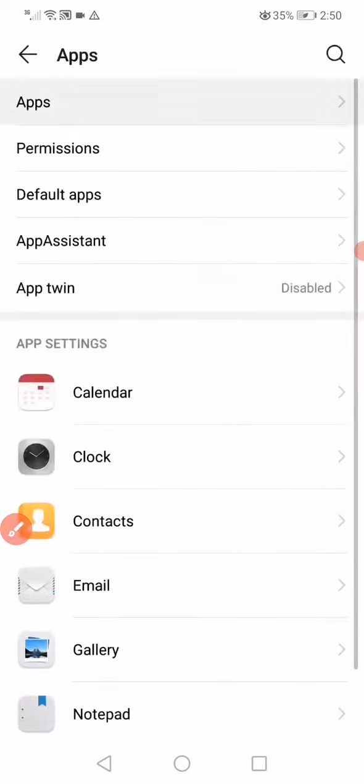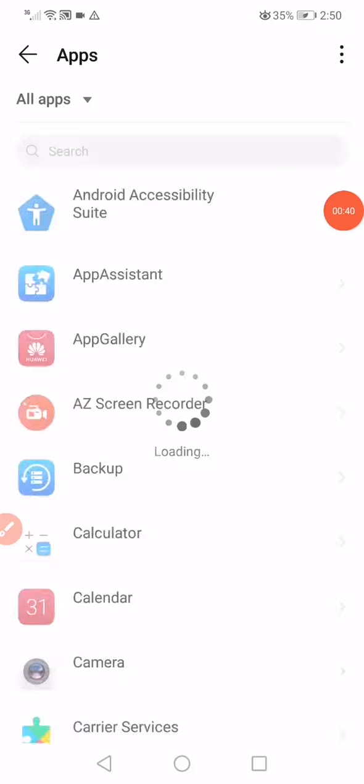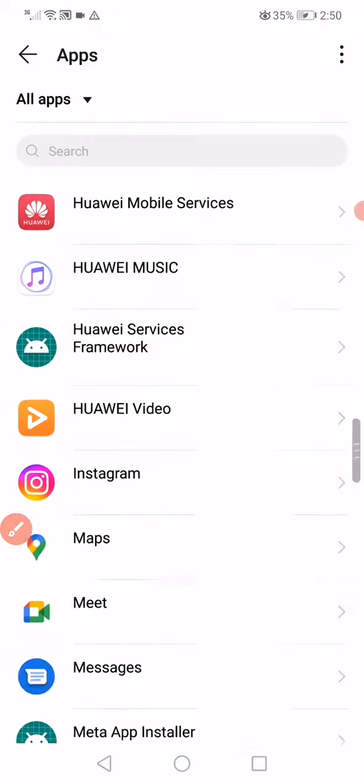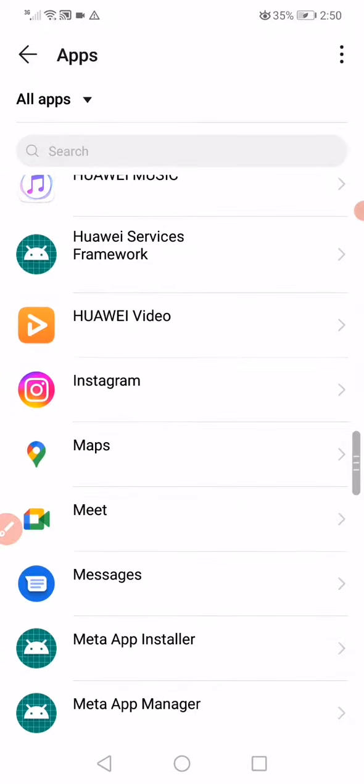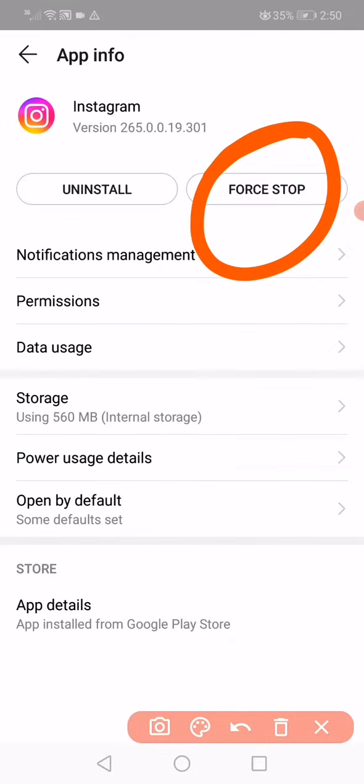Now here on the apps you will find all the apps that you have on your phone. So all what you want to do is wait a few seconds and then scroll all the way down until you find Instagram and click on it, and then click on this force stop option,